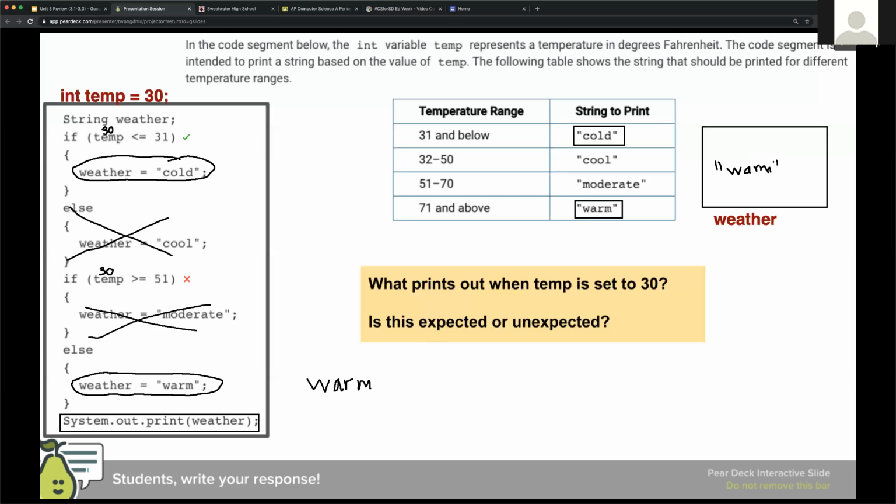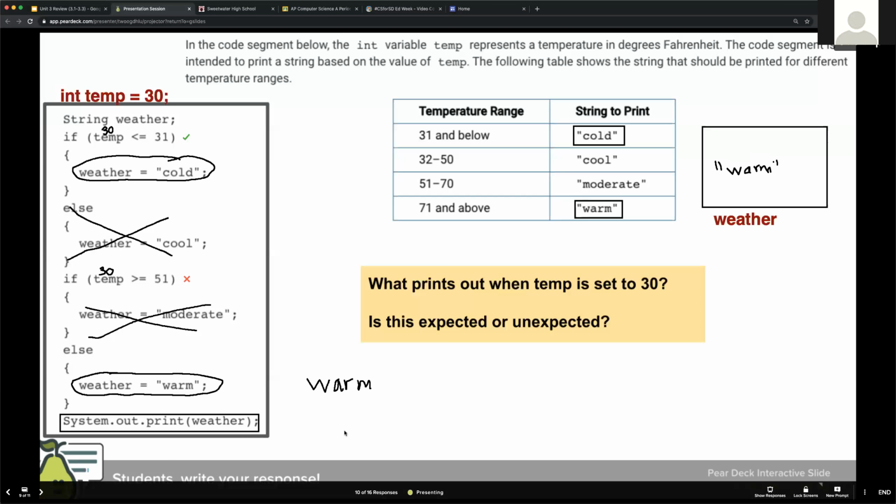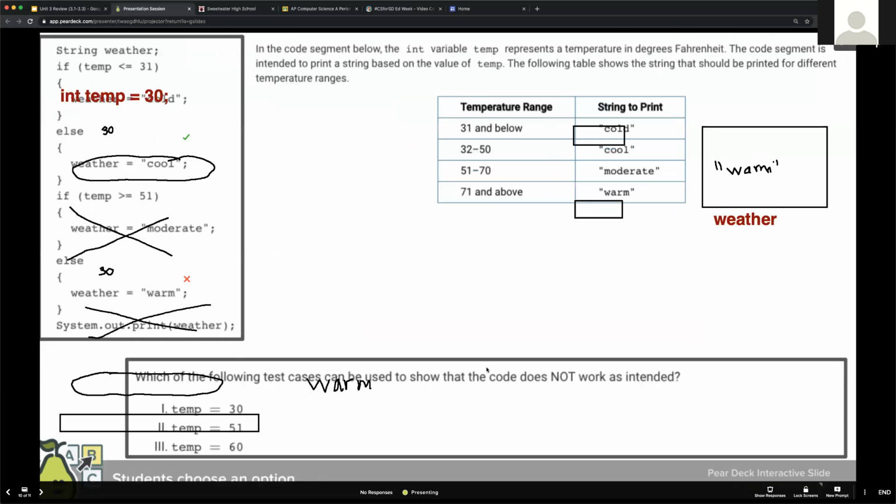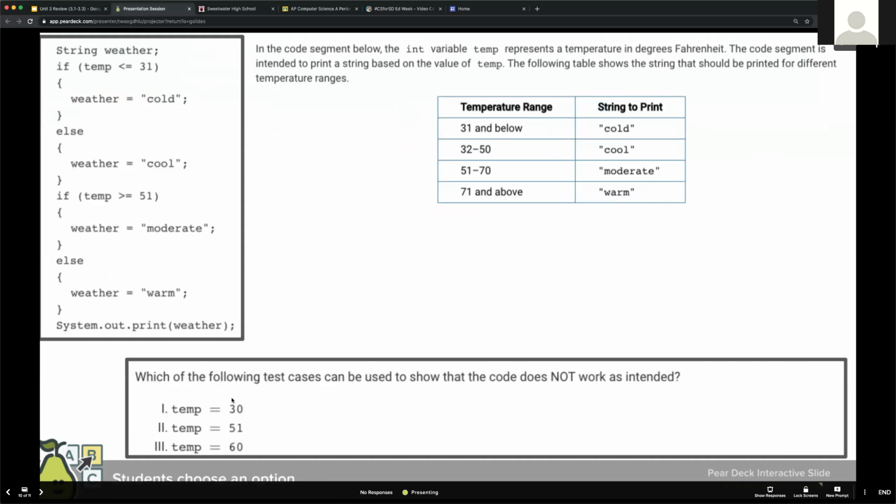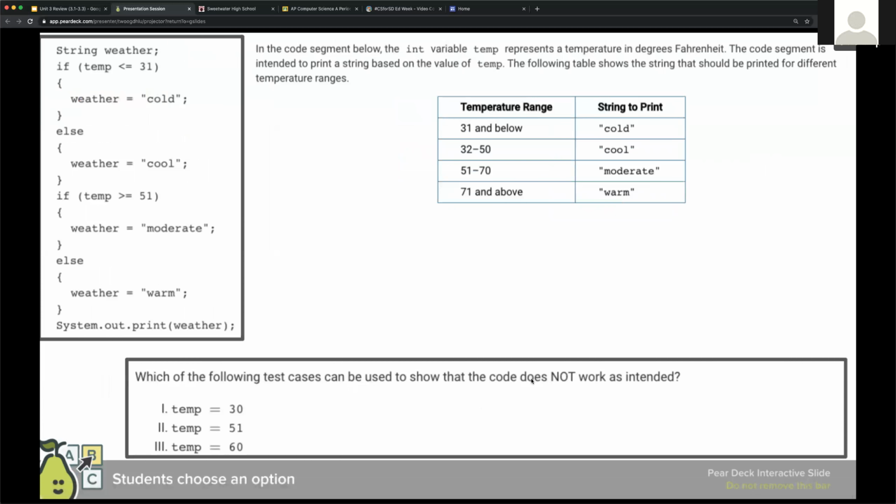Okay, so now we can actually look at what the AP question was asking. Let's go ahead and go to the next slide. And the AP question was asking this. Which of the following test cases can be used to show that the code does not work as intended? Would it be temp is 30, temp is 51, temp is 60, or some combination of those? So we already saw